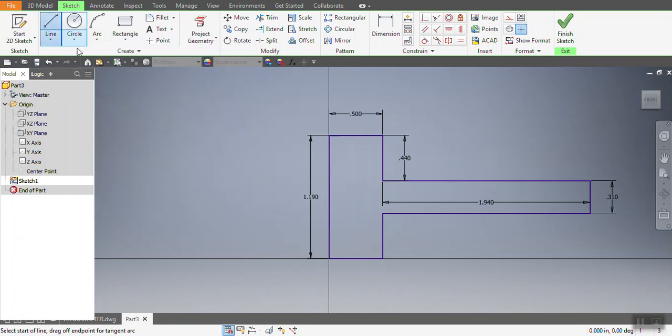So I'm going to click the line command. I'm going to create a construction line to indicate the center of the circle. Just keep that in mind. It's a very common engineering practice. You create the starting point of the circles first. So you have to create the construction lines, and those construction lines point out the perfect location of the center